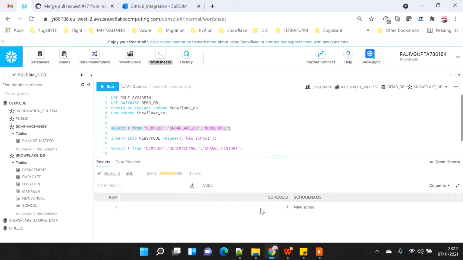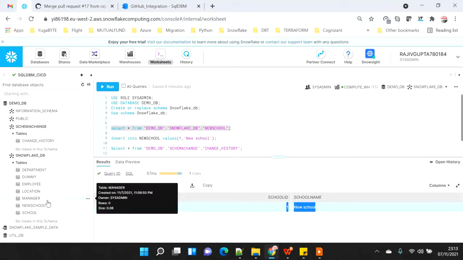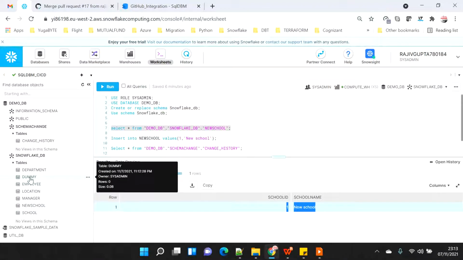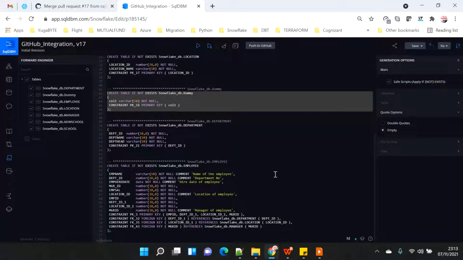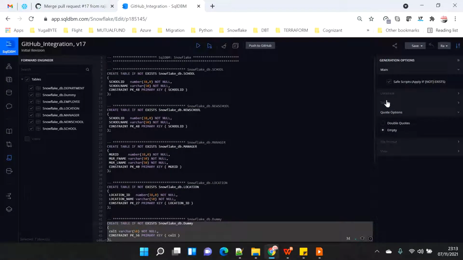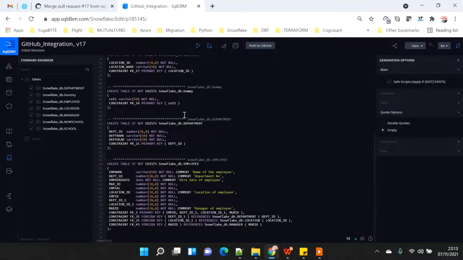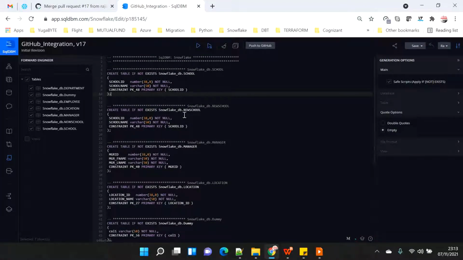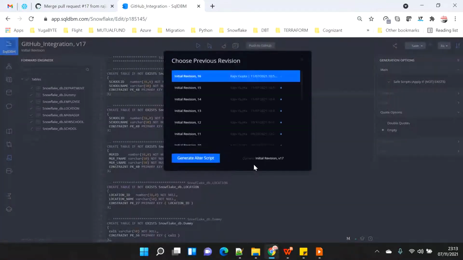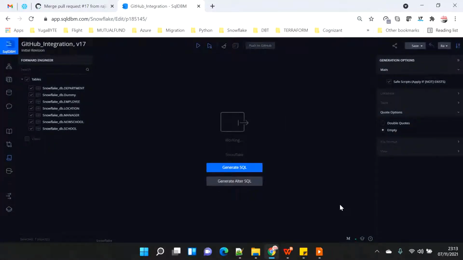So we can see that the table still has the record. That means the table did not get dropped and recreated. So that's proof of that. And if we refresh here, we will see that the dummy table is now part of your Snowflake DB database. So we have to keep this in mind: if we don't want to generate the alter statement, we can always use the save script to re-push the entire script. If you don't want that, you can also generate the alter script. So say like this, and it will generate the alter script only.